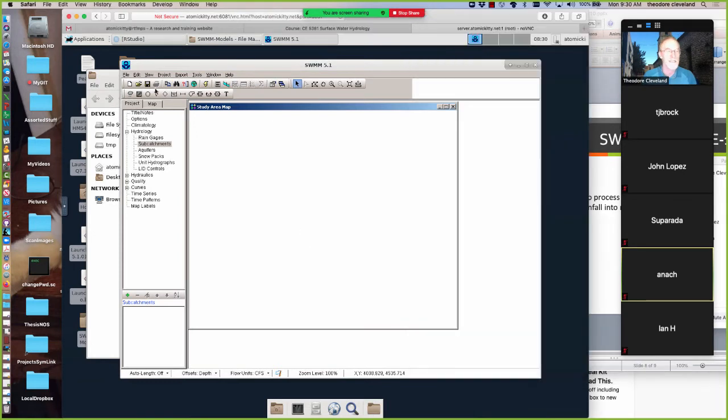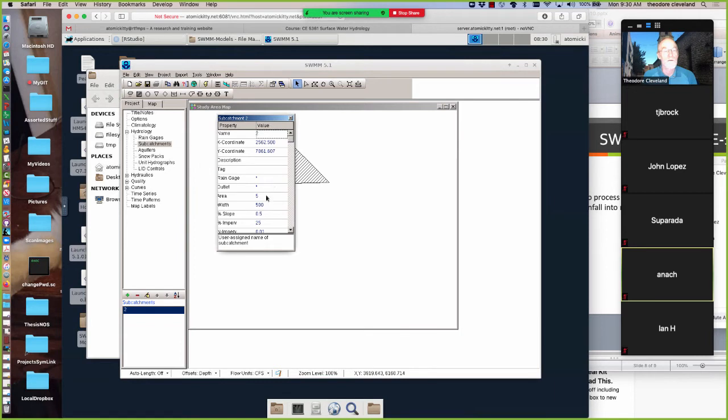So we want to do an SCS type storm. So we need a watershed. We need to choose a size, and the input units in SWM are of a much different scale than HEC-HMS. If you recall our last meeting, the HEC-HMS inputs are in square miles. So 640 acres, we put 1 square mile. In SWM, the inputs are in acres. And so we certainly can put a 640 here,